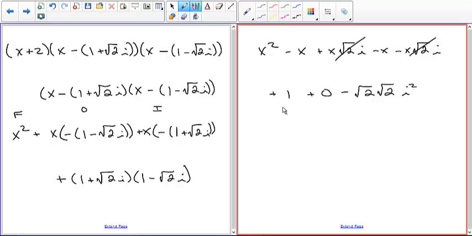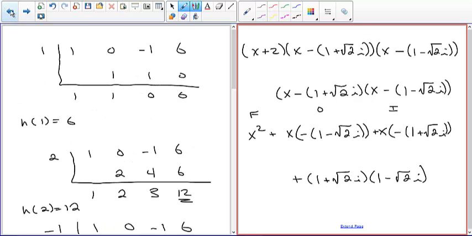These two combine into negative 2x. And then finally we have plus 1, this is 0, drop that. You end up with negative 2, square root of 2 times square root of 2 is 2, times i squared, which is negative 1. So what we end up with is x squared minus 2x plus 2,